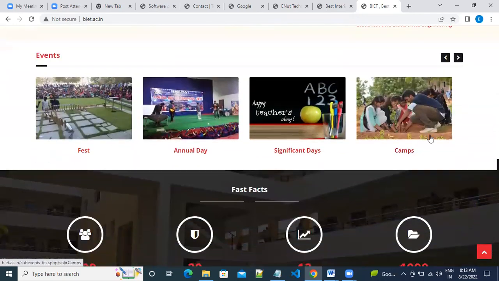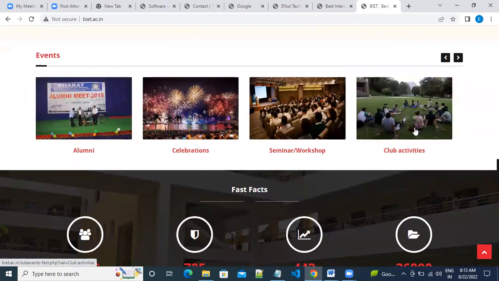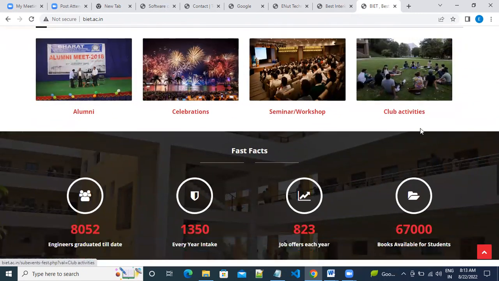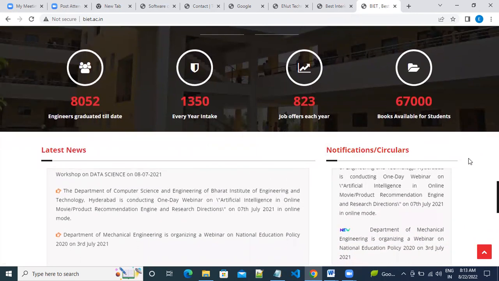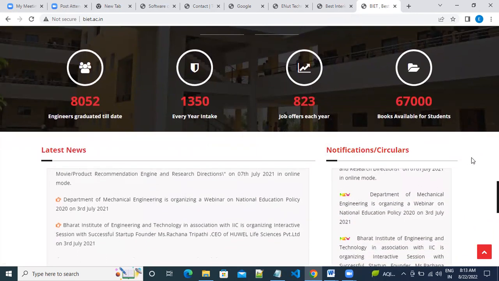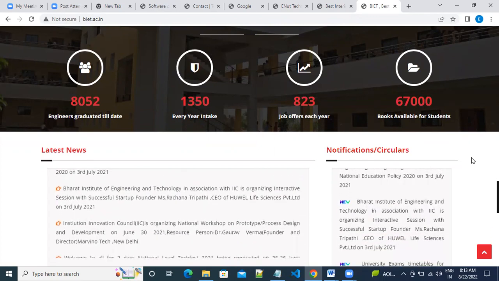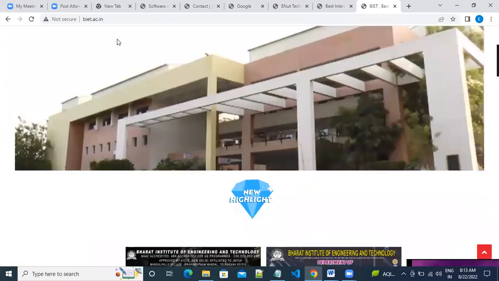And at the same time, we have the events also. These events also, they want to change by themselves. And here we have the exam notifications as well as circulars. So if they want to make any changes, simply what they are going to do, they are going to